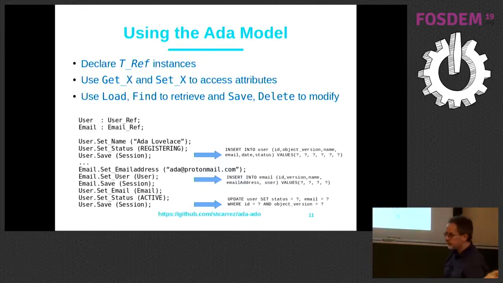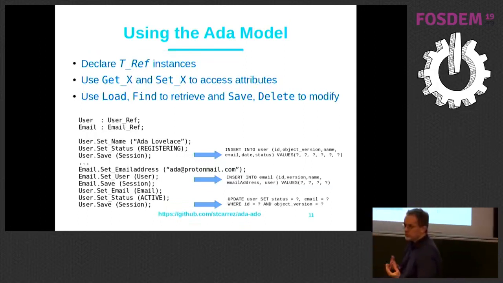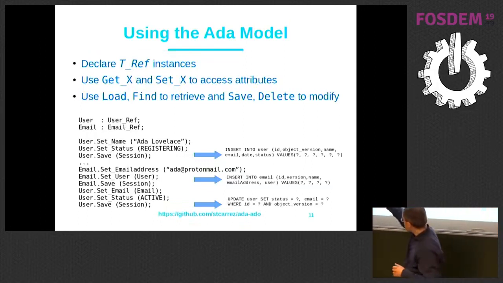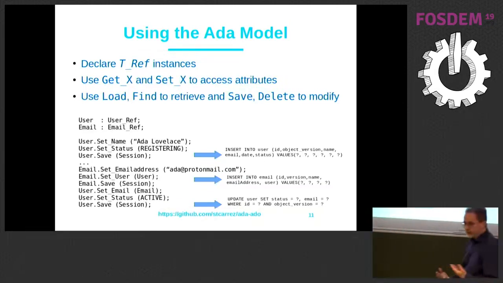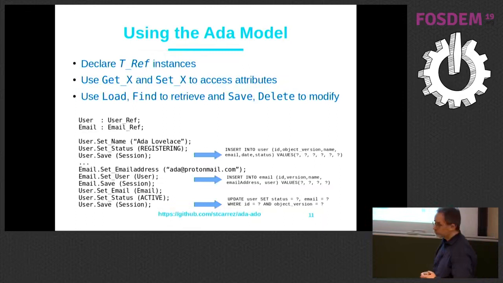So this is an insert statement. It will insert into the database the new object that I've created. Similarly, we create the email, so we have a second insert. And now I have my email and my user, and I want to link both objects. So I just have to call user.set email, and both objects are linked. And I just have to save.